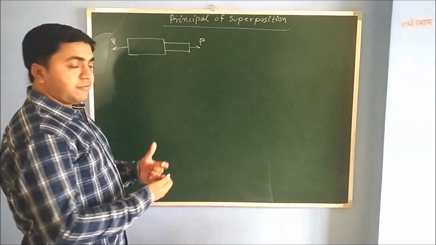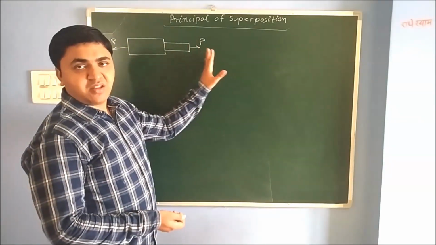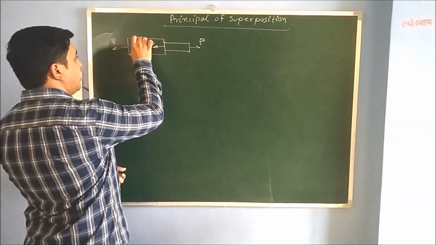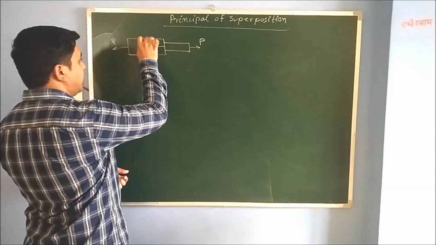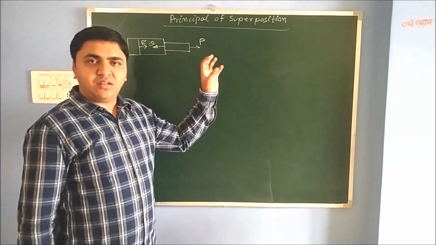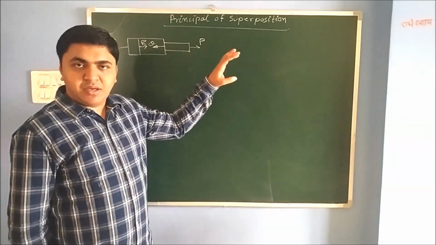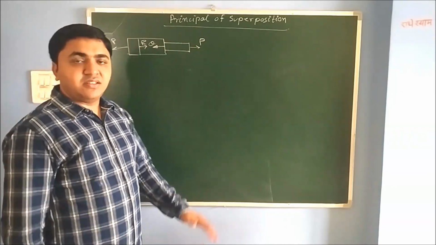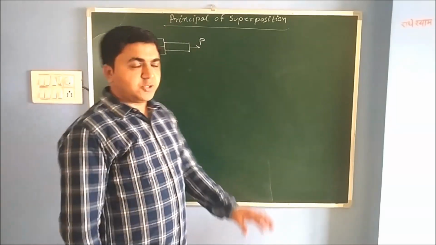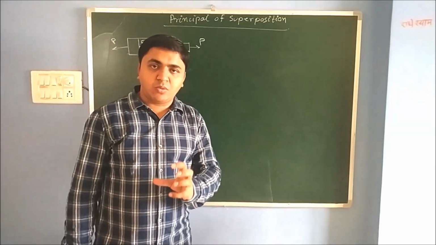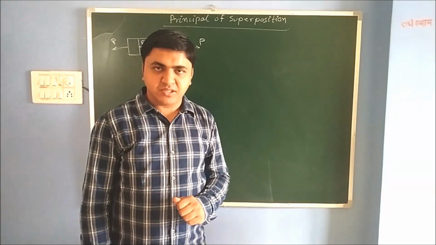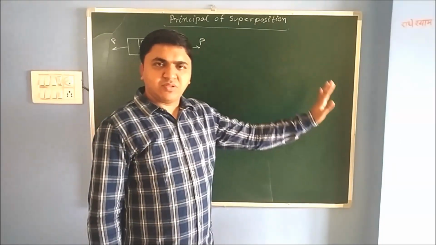Now if instead of only this load P, there is one more load acting here also, that is load Q, or here one more section and load R is also there. So if this type of situation is there where more than one load is acting on a particular member for different sections, then for solving this type of problem we use the concept called principle of superposition. In this principle of superposition we have to take account of all individual loads by taking the individual sections. So we'll try to understand this concept with a simple numerical.